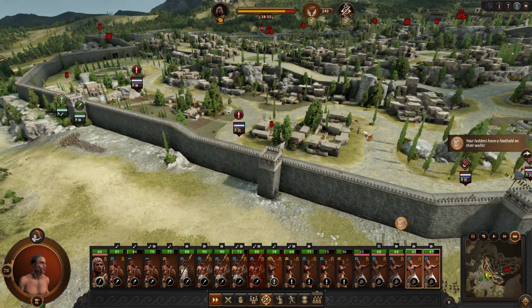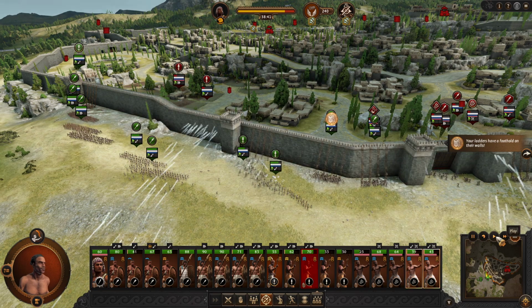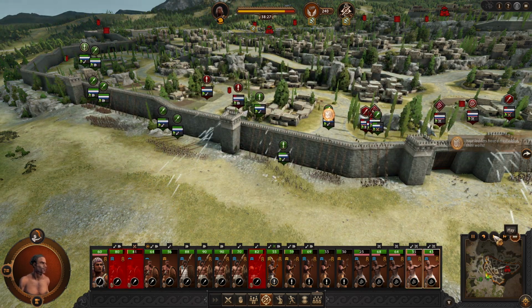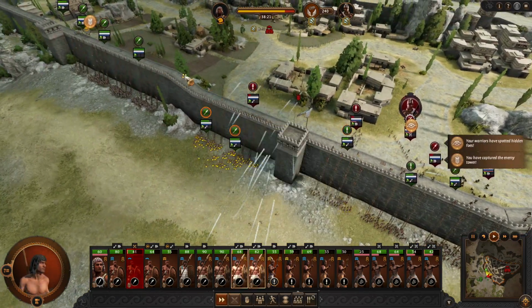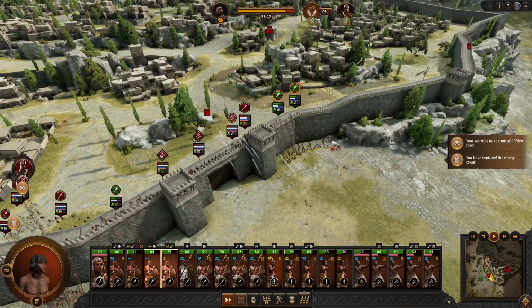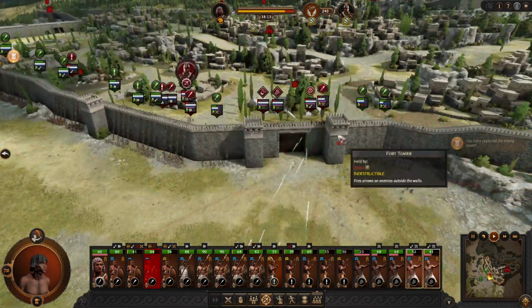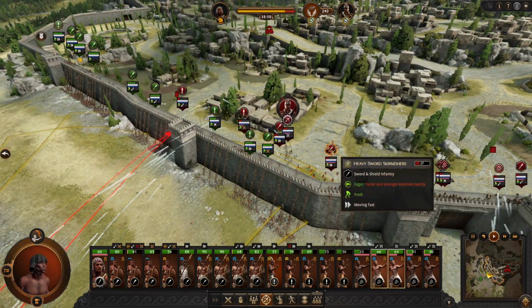Where is our leader? Your ladders have a foothold on their walls. Yep, we are on the walls already. Your warriors have spotted hidden foes. There is the general. We are here. That tower is captured. We're going to climb the walls with the rest of them. You engage over here, get attacked by javelins. I feel like that is going to help us a lot. Over on this side,